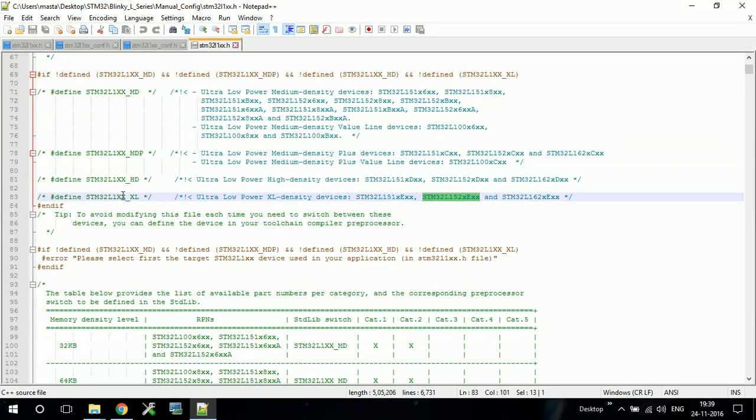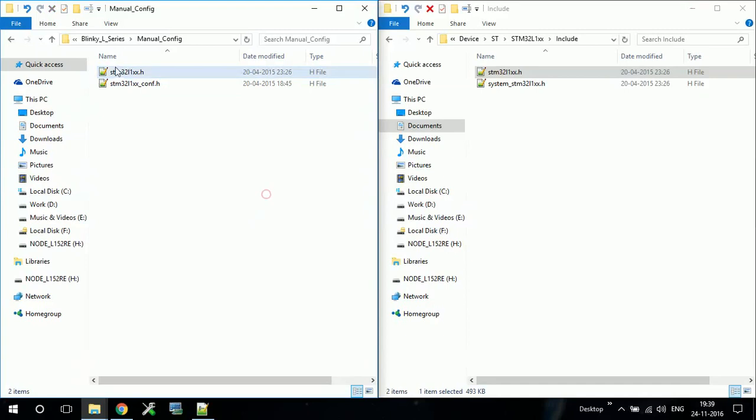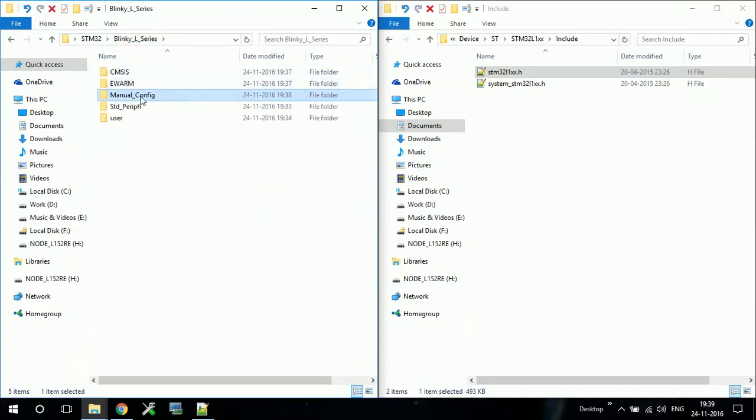So it comes under the XL series. From here I got to know that my microcontroller is an XL series or XL density device. Let me minimize this for a moment. Now in manual config, these are the files which I need to edit later. That's why I kept them in a different folder.